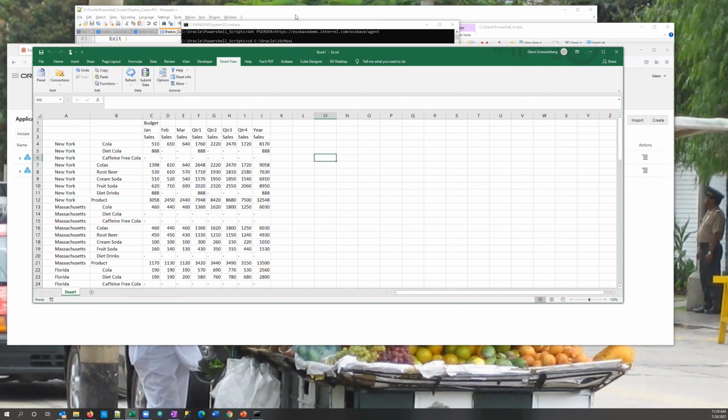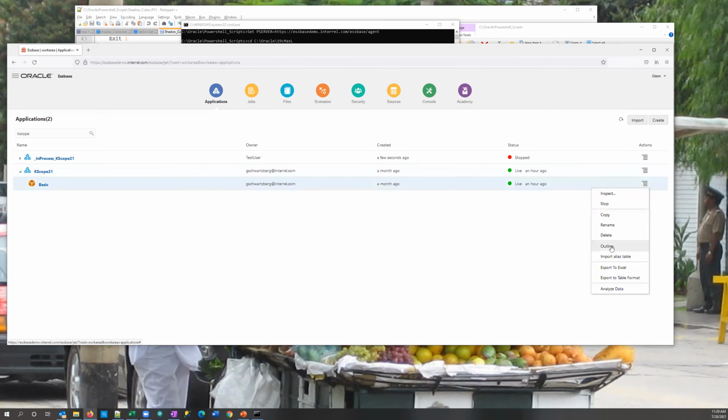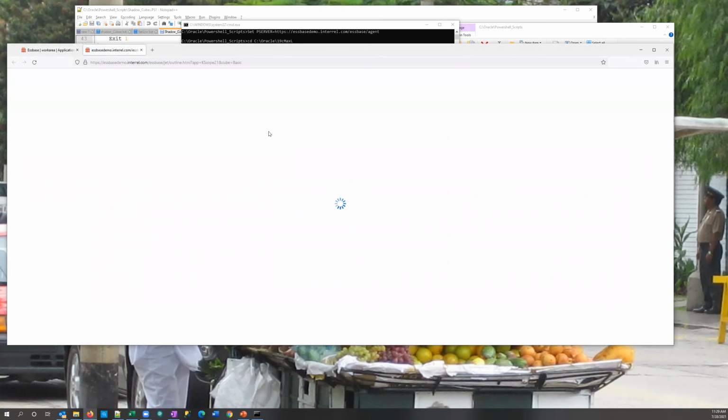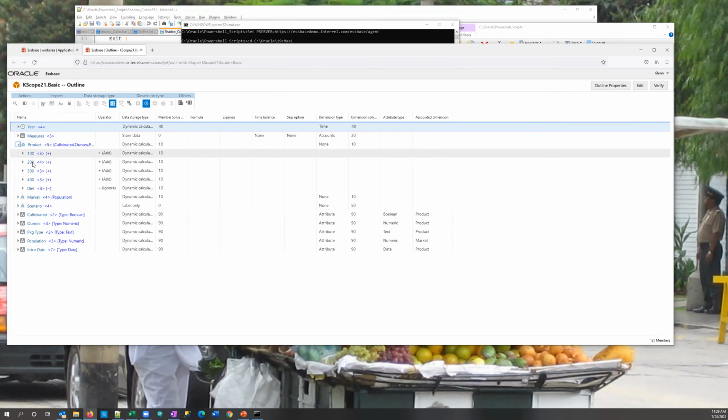Now for the next step, let me go back here to my web UI and I'm going to open up this original outline right here and come up here to outline. And what we're going to be doing in this process is we're going to be adding members into the product dimension. So right now the product dimension has 5 children, you know, colas, root beers, cream sodas, fruit drinks, diet. But what I wanted to do is I wanted to add in to this